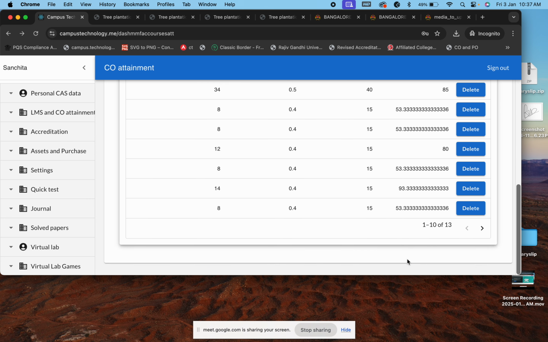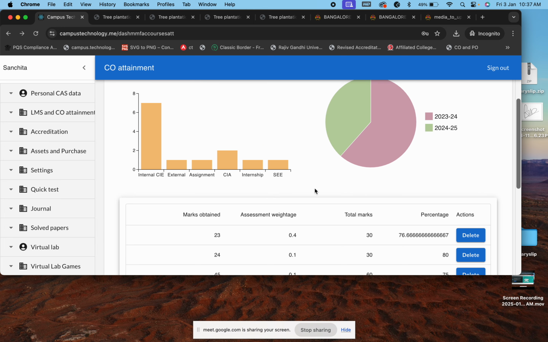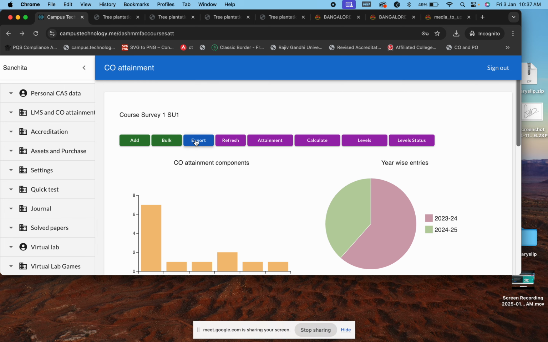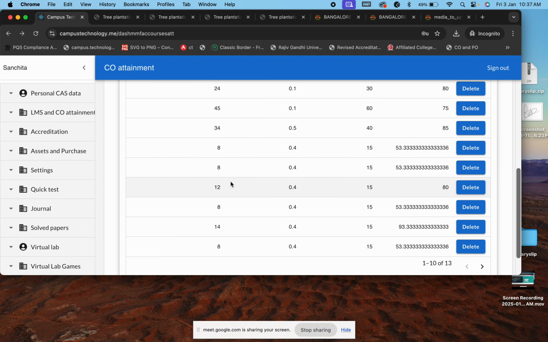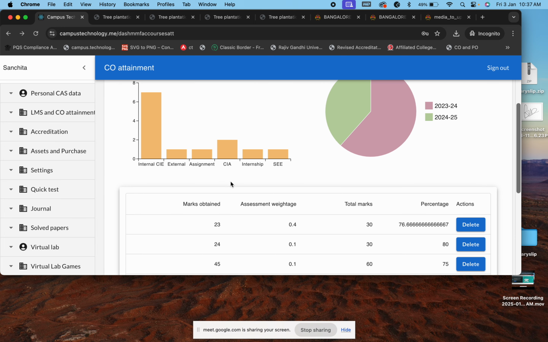So once you do this step, you export it to Excel. You can export this and see what levels are coming. If nobody is crossing, let's say 80 or 90, you know that your level cannot be 100. 70 to 100 will be more. So if nobody is crossing 70, that means level 3 attaining is very high. So you can alter your levels based on the percentage.